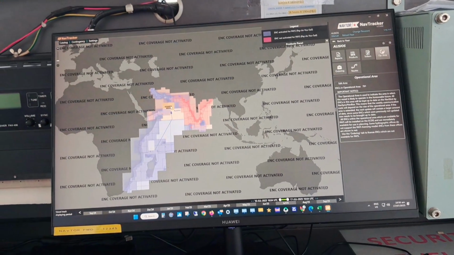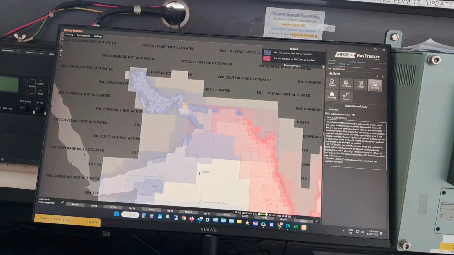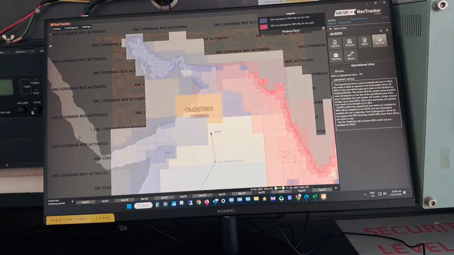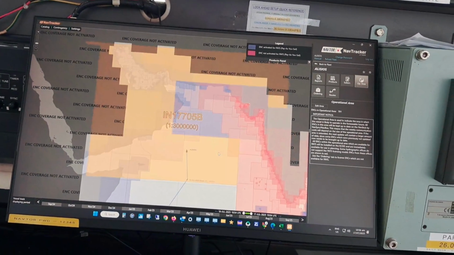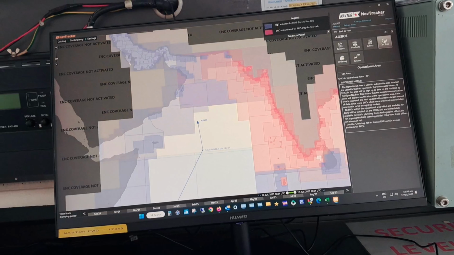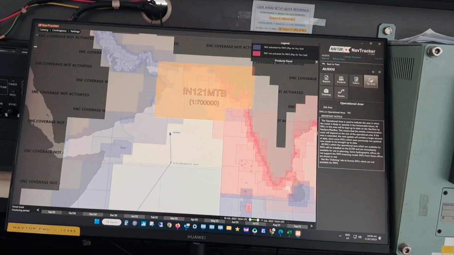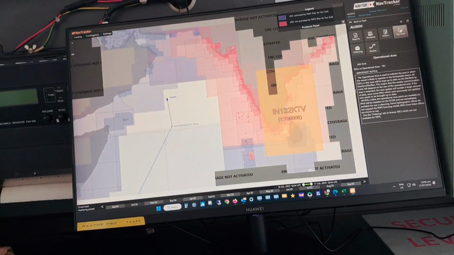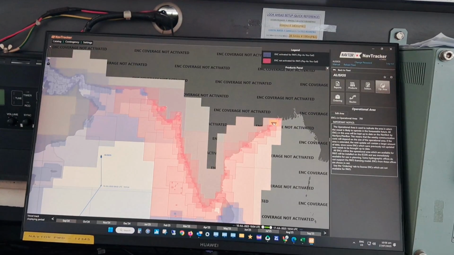These things are not taken by money up front. This is just a pay-as-you-go system. It is called pay as you go. Once we reach this chart, then it will be charged to the money account. You see the difference between the red, green and blue colors. Blue is ENC activated for pay system and red is ENC activated for pay as you sail. So in India we have pay as you sail. Once we go to that desired place, we need to order the charts manually.